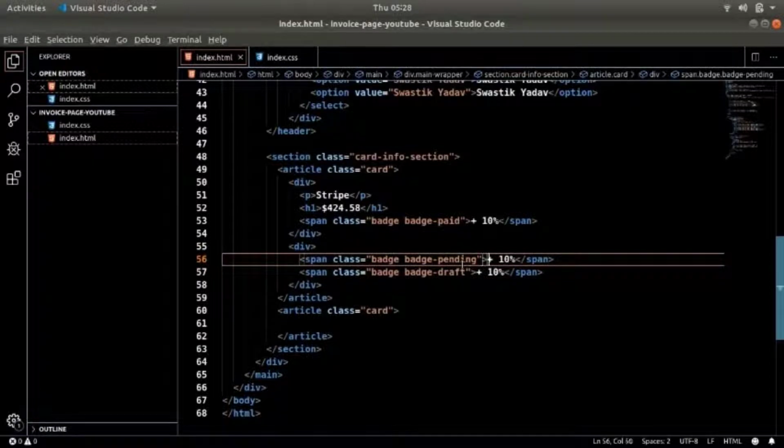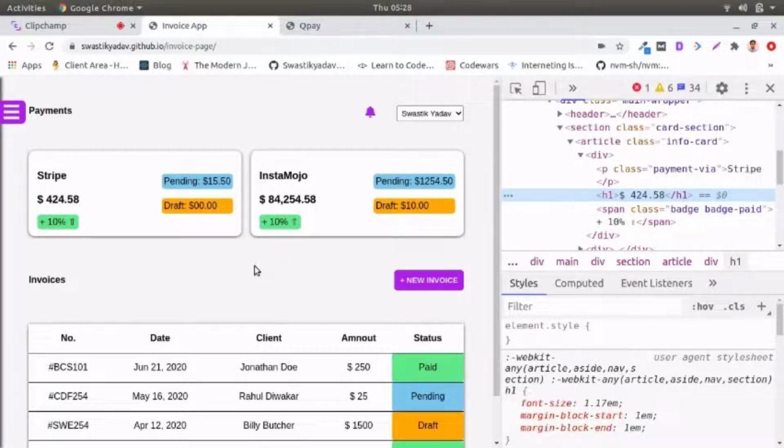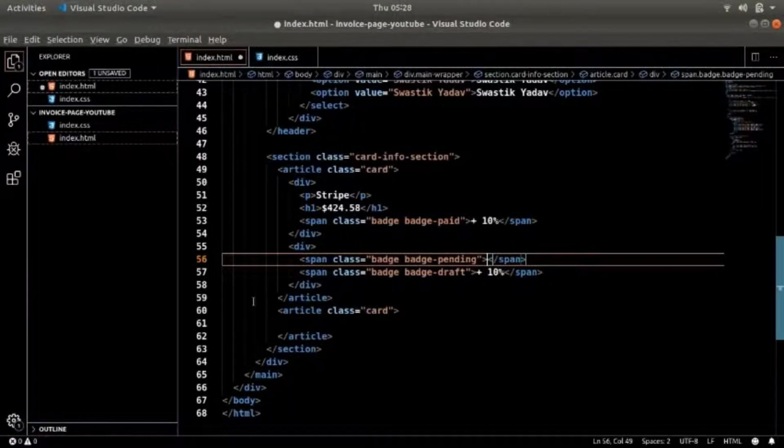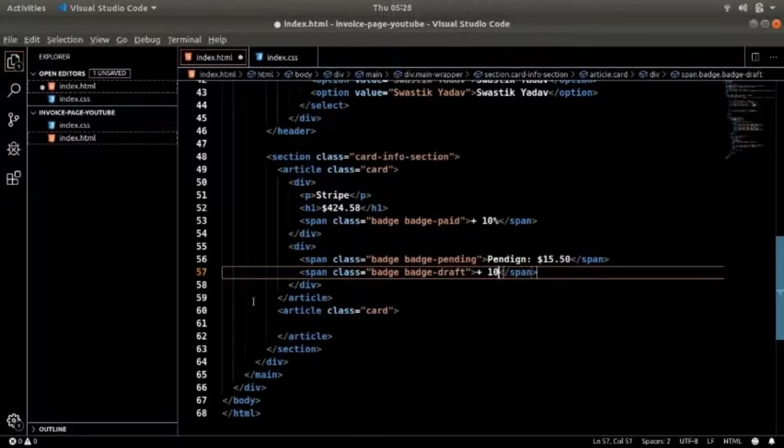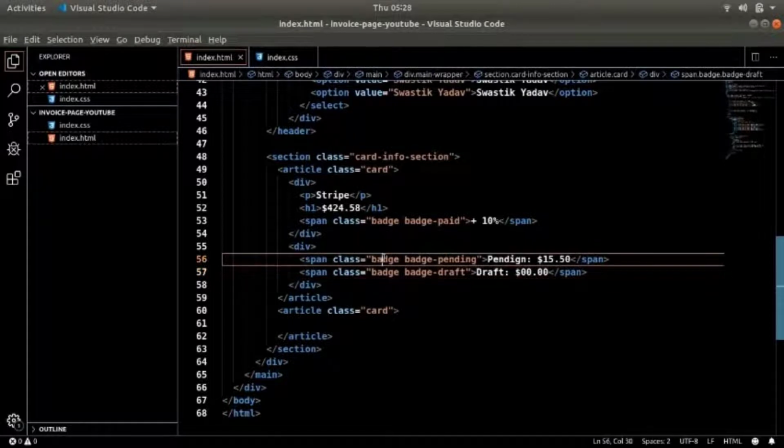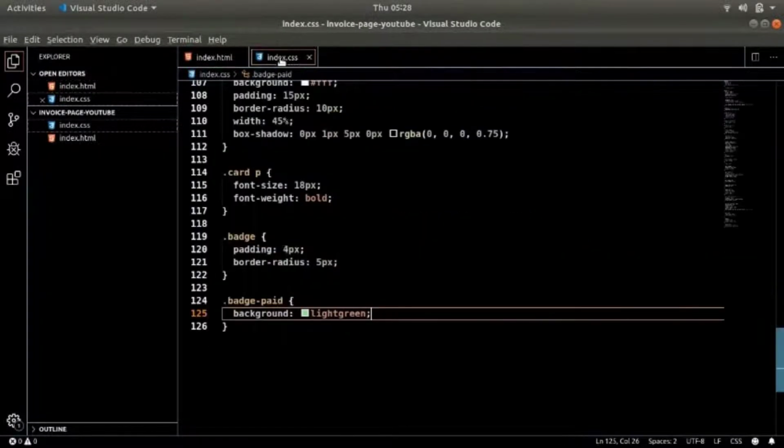Okay, and here we will change the text, writing pending 15.50, and here draft of 0. Okay, now they already have the class of badge which will take care of the padding and everything.